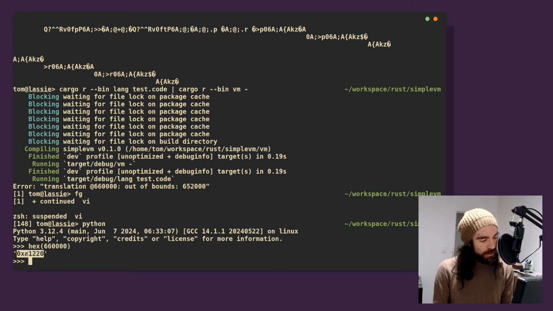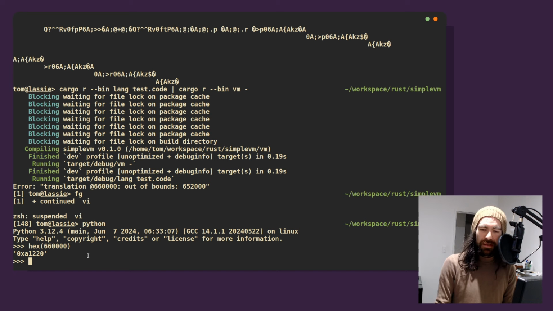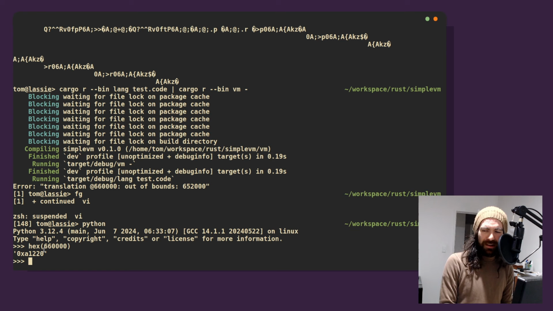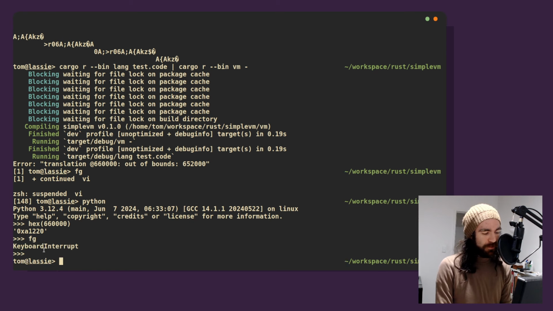1, 2. Oh no, sorry. Where? No. What am I doing? But yeah, hold on. 8, 6, 8. This is too many bytes. This is 3 bytes. This should only be... What? There's too much data here. We shouldn't be reading and writing to addresses this large. Something very concerning has gone wrong.